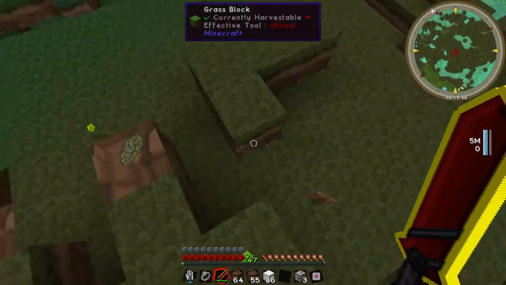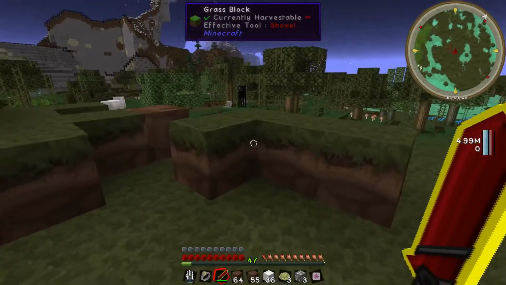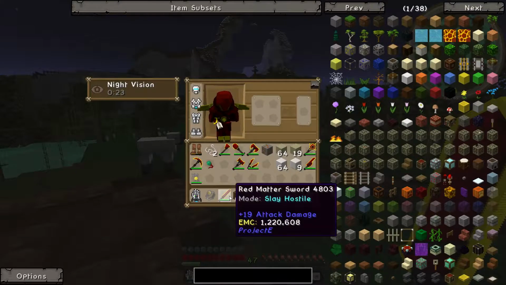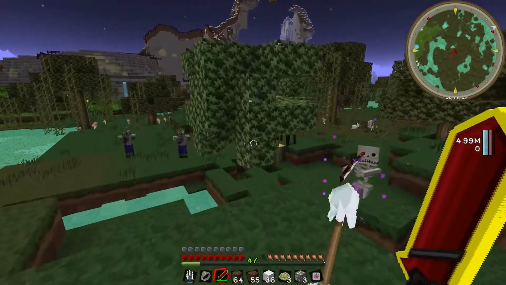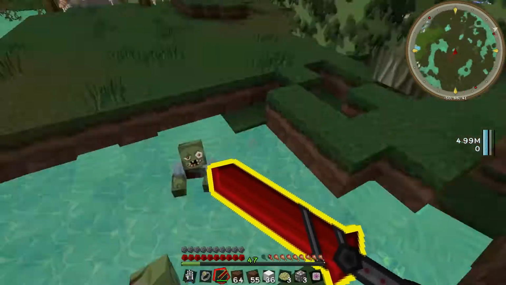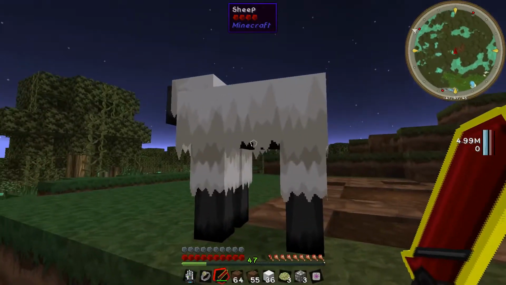It's an AoE. So you press C and you get this mad AoE. It does consume a lot of EMC. And like I say, I can't change what it attacks. I can only slay hostiles. But just pressing C hurts. And of course I can just hit things in the normal way and block in the normal way. Very awesome. Now if I left click on a sheep,